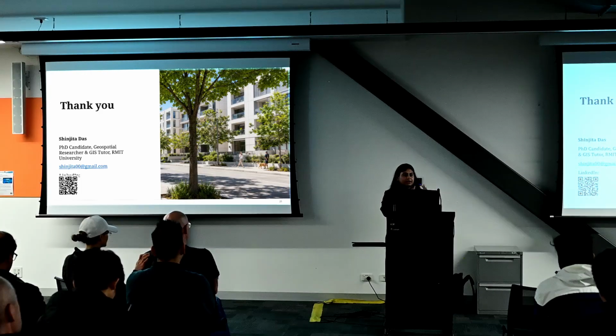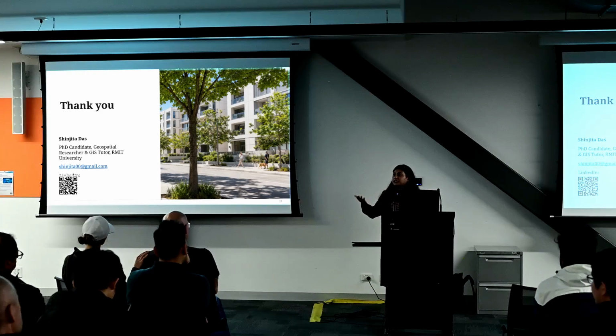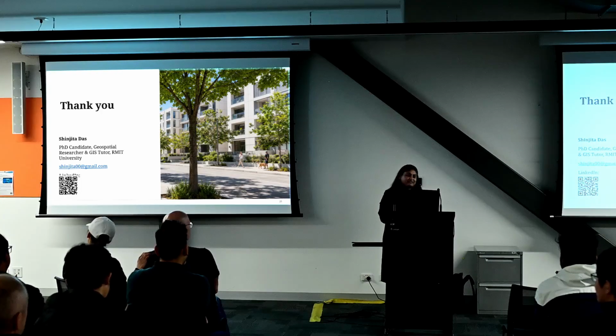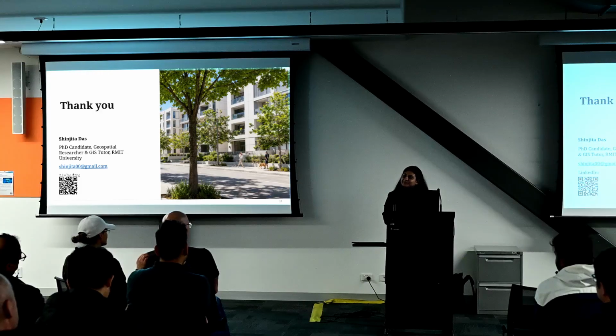So if we have one set ready, then we can apply this method to different time periods. I also thought about seasonal variation in trees, right? The green will change over time. I've thought about the seasonal variation, but it's a time constraint, so I haven't got time to look at it. Maybe after my PhD, I'll look more broadly into that angle you mentioned.